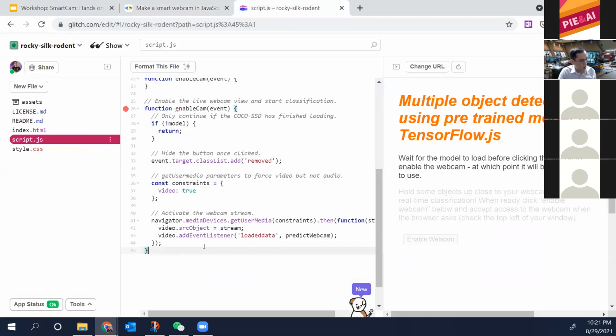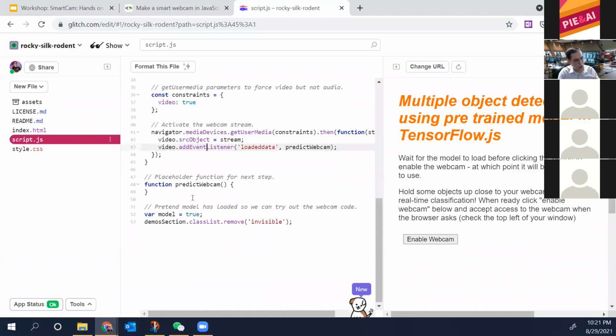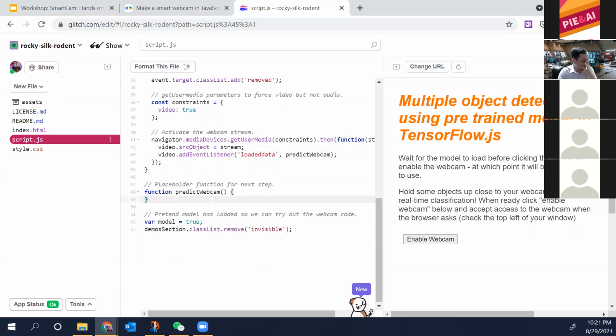While I asked you to copy and paste, I would also like to explain some of the things later on. For example, this predict webcam right now is an empty program that is not going to do anything from the webcam stream. So what you are going to get right now is when you enable this webcam,